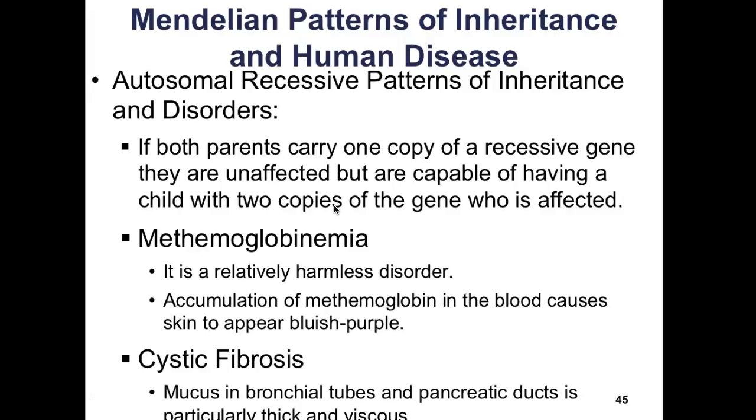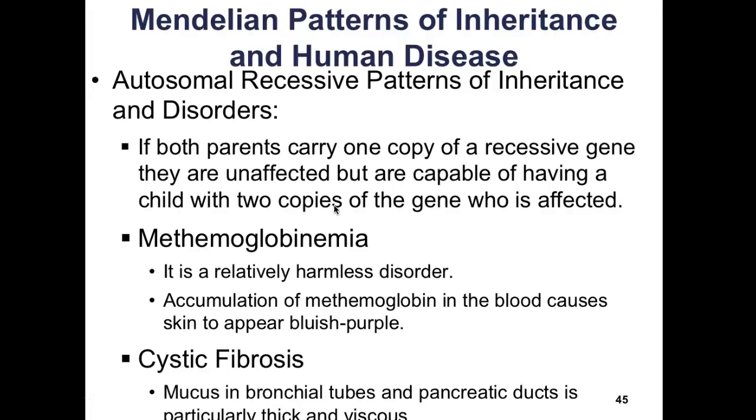So that would be autosomal recessive. We do see that in two cases here. We see it in methemoglobinemia. It is a relatively harmless disorder, and basically what happens is you get an accumulation of methemoglobin in the blood, which causes the skin to appear a bluish purple color, giving it that cyanotic appearance, as if it would lack oxygen. The other case would be cystic